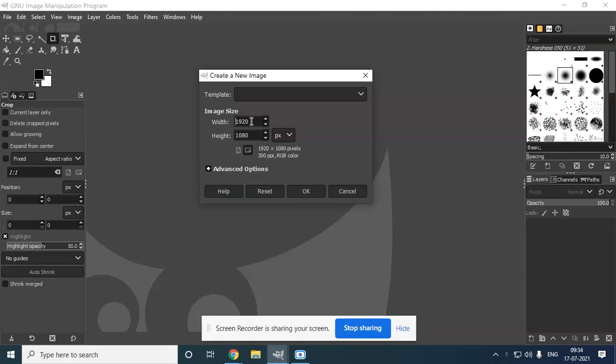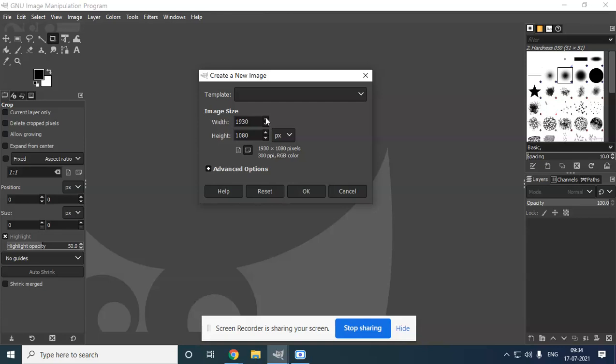So here you can give any width of your document area, whatever you can see at the middle. For this document area, if you want to give a width and height, which is in the form of pixel, this width and height is always in the form of pixel. So if you want to change your width and height, you can change from here. You can give it manually, or else you can increase from here and you can decrease from here.